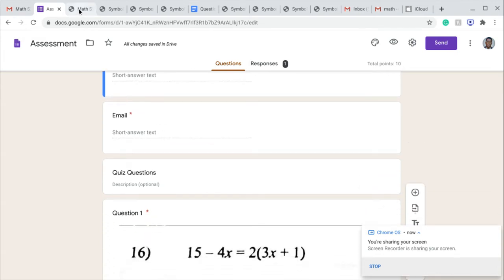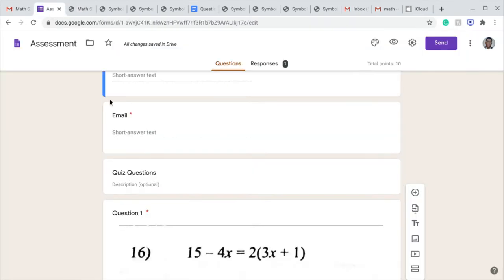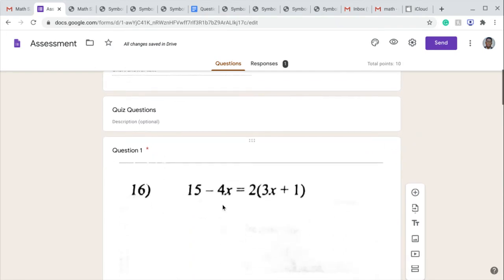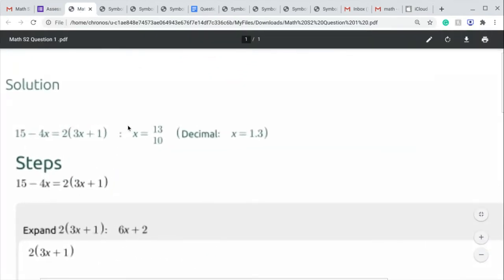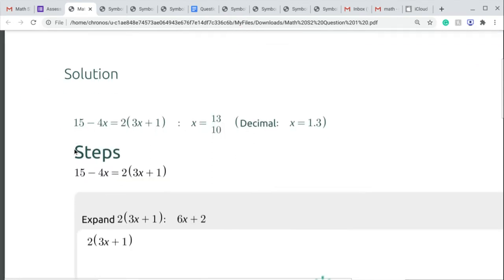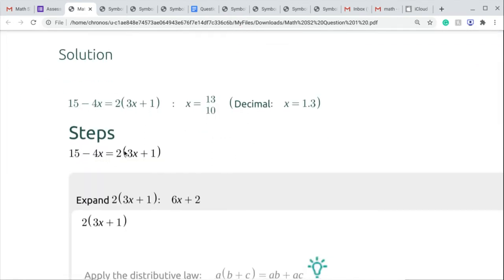Video 1, question 1. The question says 15 minus 4x is equal to 2 bracket 3x plus 1. So you need to find or solve for x. Let's go to the steps, okay? So here's the question. We explained previously that due to the fact that you want to solve for x, you need